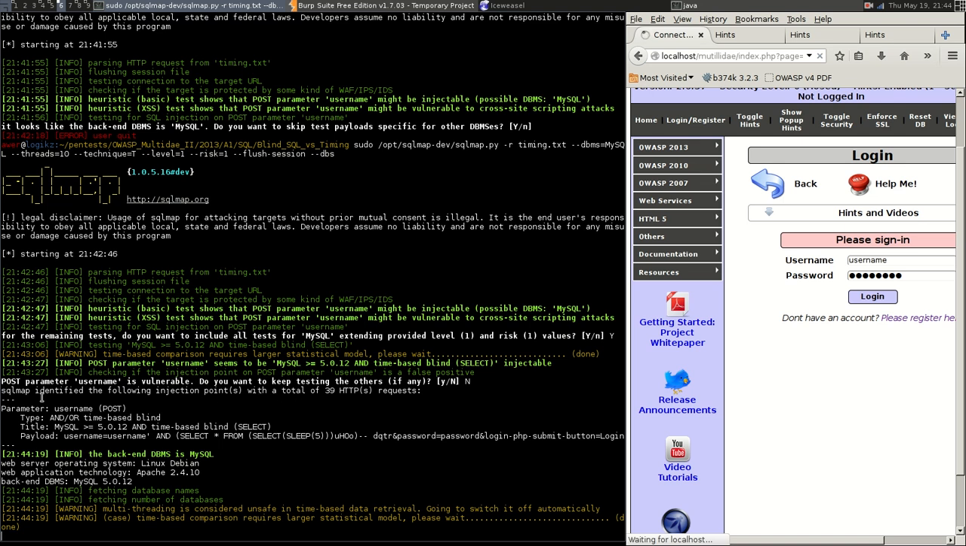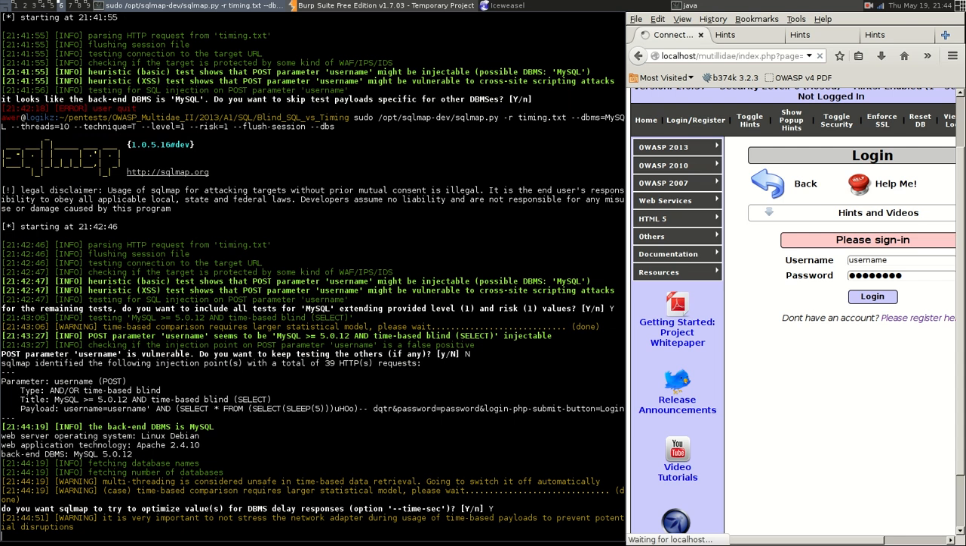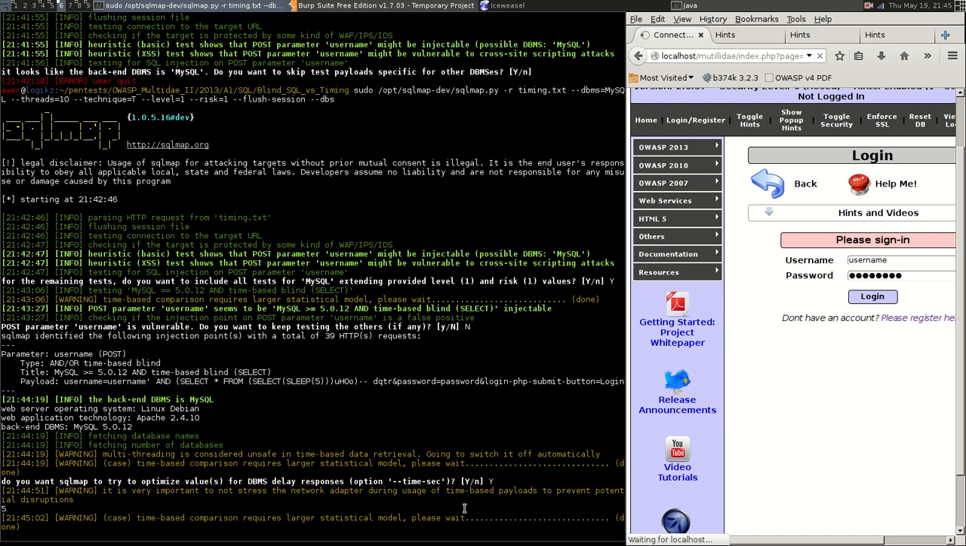SQLmap identified the following injection points with a total of 39 requests, and then we can see our time-based blind parameter that has been found. Do you want SQLmap to try to optimize the values? Generally, if you're doing anything to do with time-based attacks, you want to change the time difference. So this minus minus time-sec is always a good idea. Generally it doesn't work if you don't do that. Okay, so it looks like it's found 5 databases,